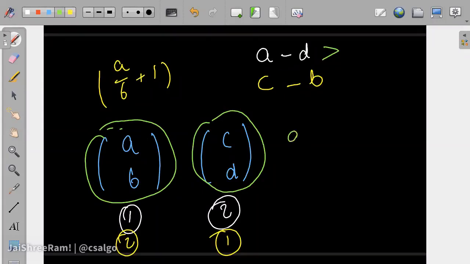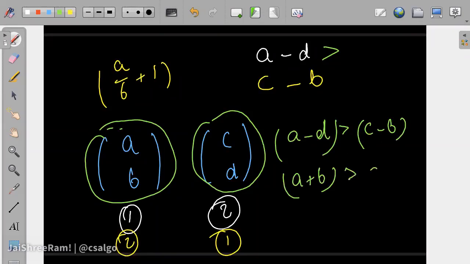So A minus D has to be greater than C minus B in order to prefer this particular card. If we just reorder this a bit, A plus B has to be greater than C plus D in order for this to be preferable. Now can someone write the answer in the chat, how can we sort this? Or what would be our precedence? Which card should we take?